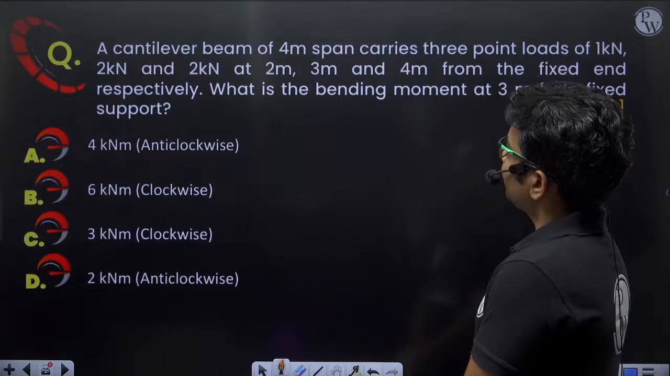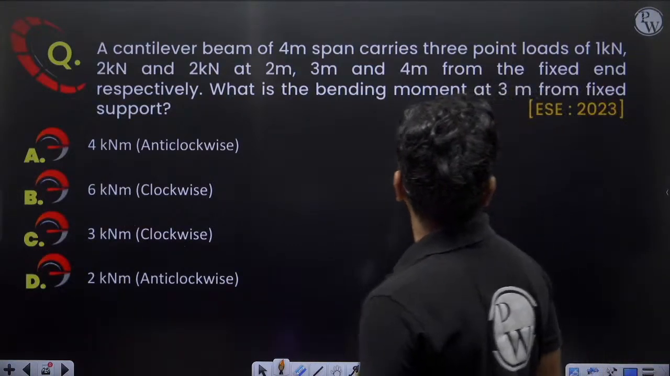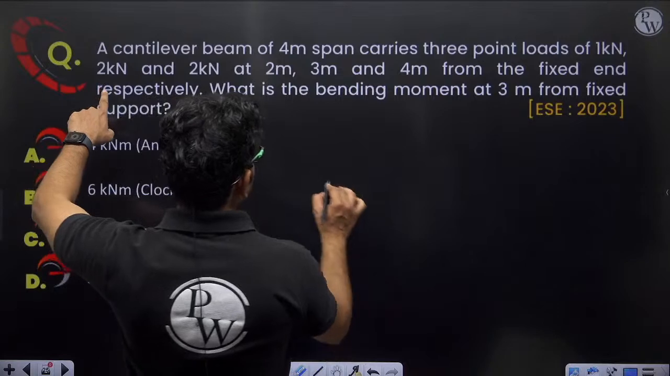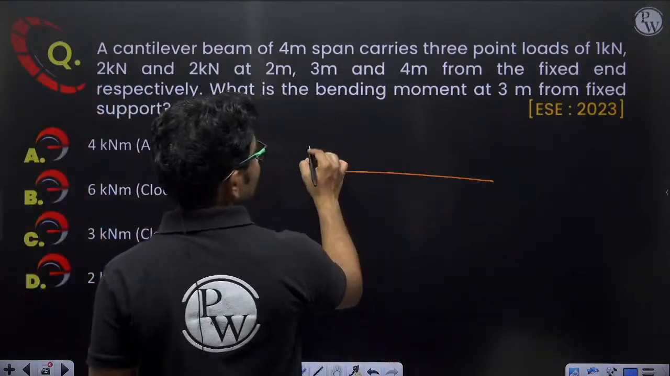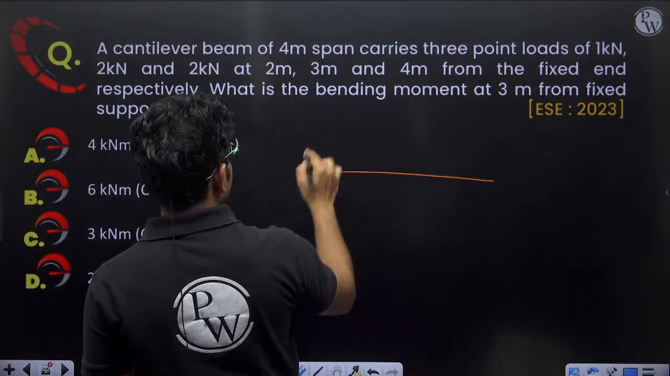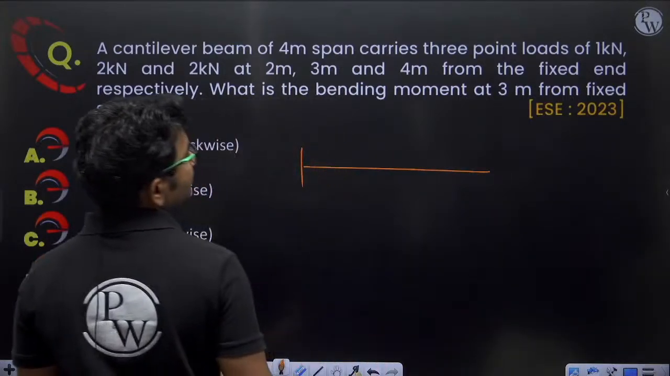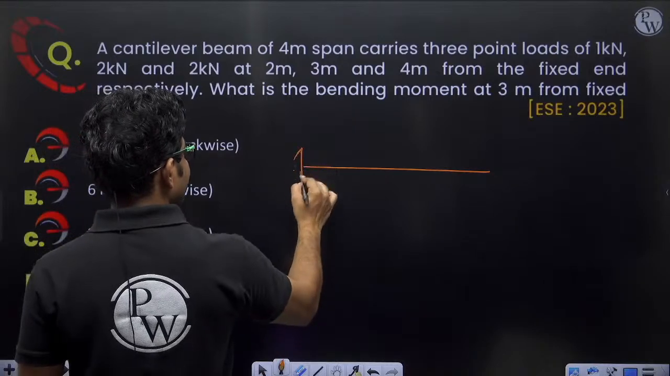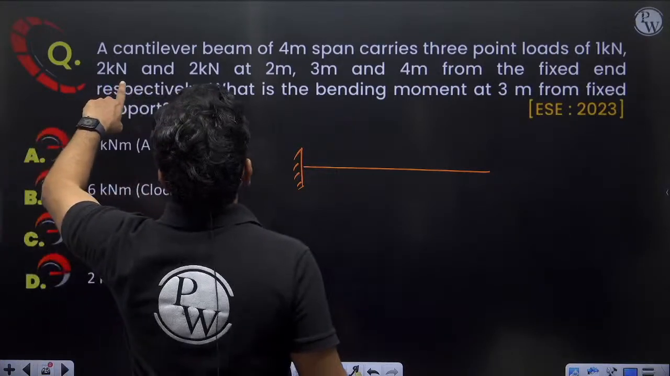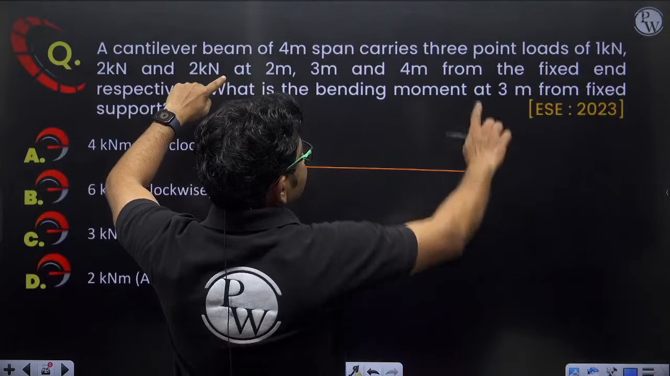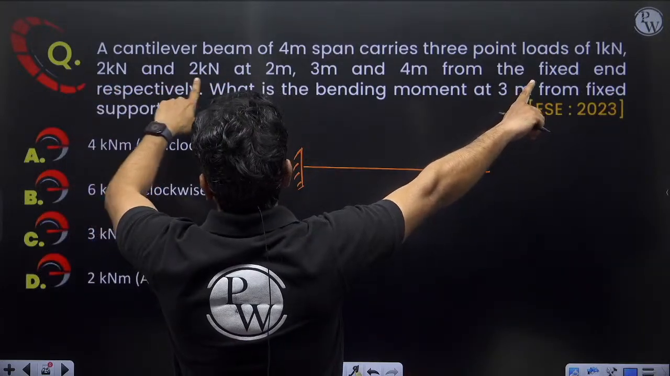A cantilever beam of 4 meter span carries 3 point loads of 1 kilonewton, 2 kilonewton and 2 kilonewton at 2 meter, 3 meter and 4 meter from the fixed end. Cantilever beam of 4 meter span. Okay, so let us take, this is a cantilever beam. Span is 4 meter. So it is carrying a point load of 1 kilonewton, 2 kilonewton and 2 kilonewton